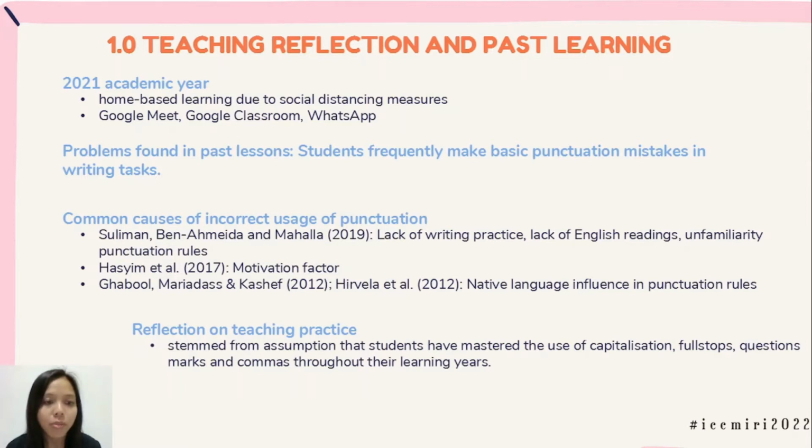So, what are the common causes? According to Suleiman, Ben Ameda, and Mahala, the main causes of incorrect usage of punctuation include lack of writing practice, lack of English readings, and unfamiliarity with punctuation rules. However, Hashim and others added in a motivation factor. While Gabu, Mariadas, and Kashev, and Havela and others, mentioned that native language can also influence their punctuation